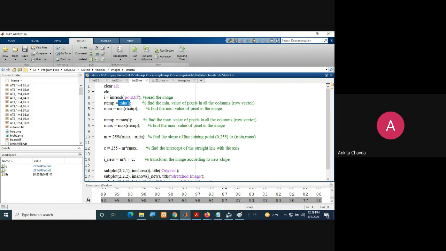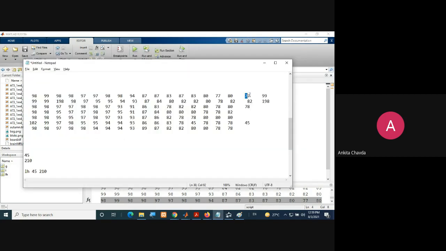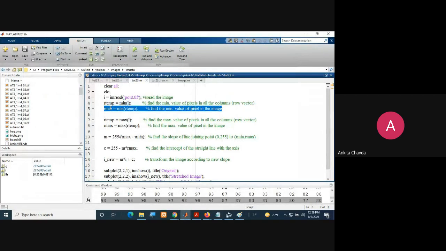Then from all these values, from the 77, 82, 78 and 45, I want the minimum one. So I am finding that here in rmin. Rmin equals the minimum of rtemp. So finally I'll have the minimum value.